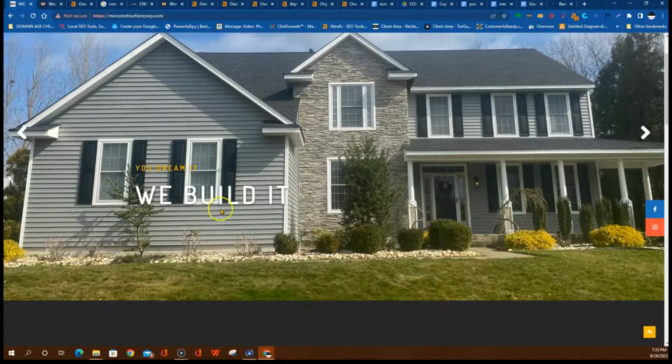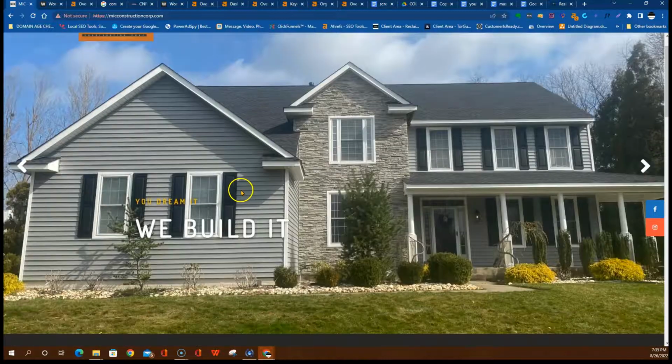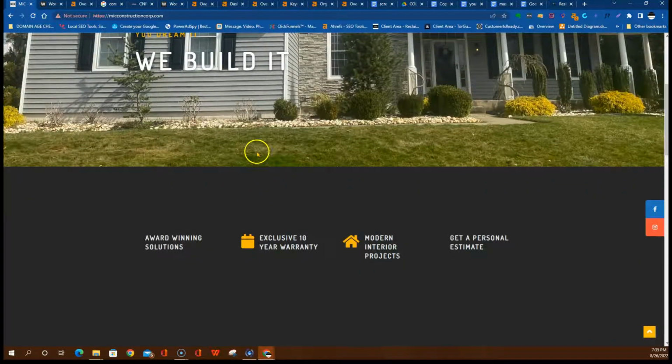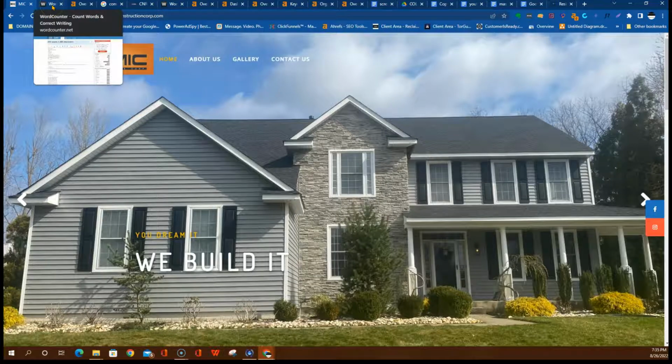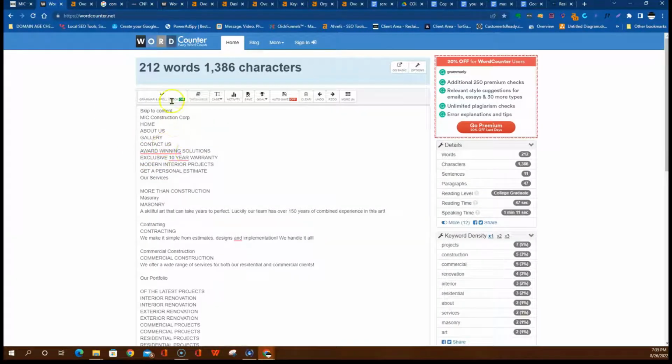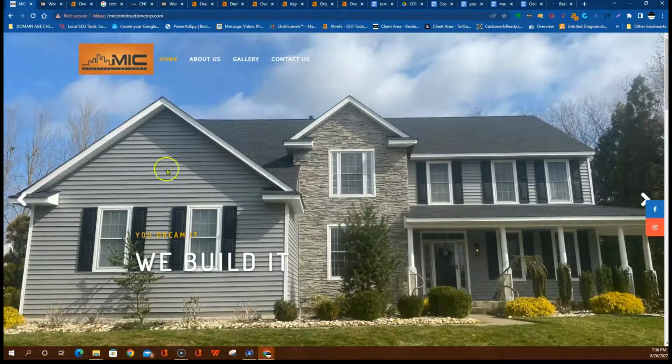From a design point of view, I think you guys have a beautiful site. I wouldn't change too much about it. My only suggestion is that you might add a little bit more content. Google wants to see about 1,500 words of content on your front page. If you put you guys into this word counter, we see that you have 212 words. So what you want to do is just add more content to this home page and make sure you're implementing